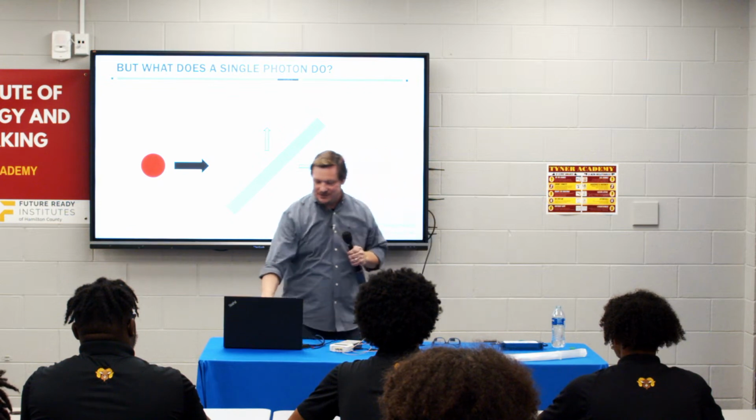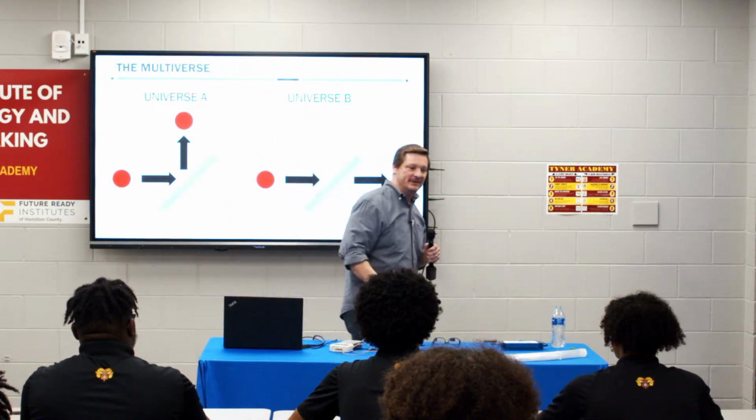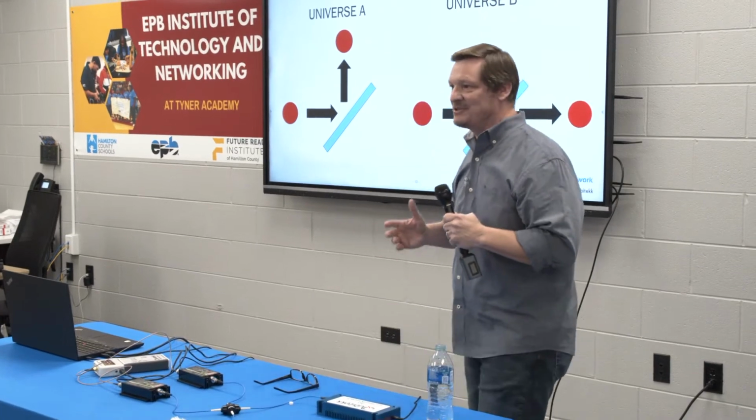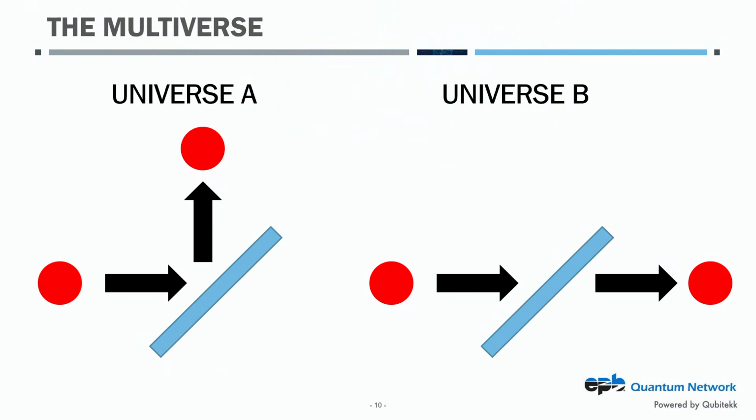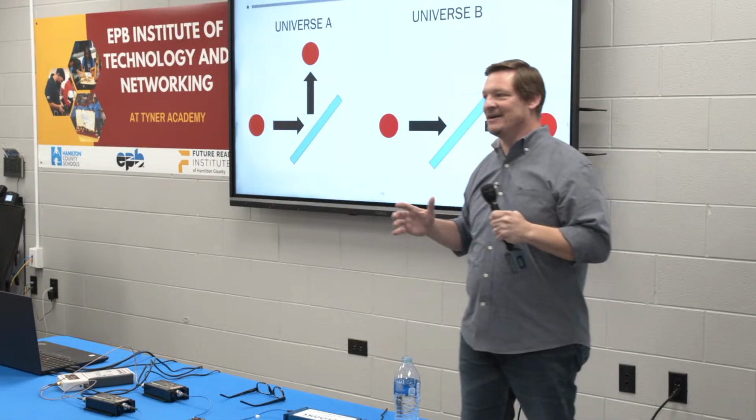And so what quantum physics found, and what has been proven through many, many decades of experiments in physics, is that something very strange happens for this particle. Now keep in mind, this isn't for us. This is for particles, these little BBs that are really, really small, that exist in a strange kind of physical world. But what we found is that when the photon comes in, it reflects in one universe, and in another universe, it transmits. And those are two separate realities that coexist at the same time. And so I'm going to call this the multiverse. They actually call this the many worlds theory in quantum physics.